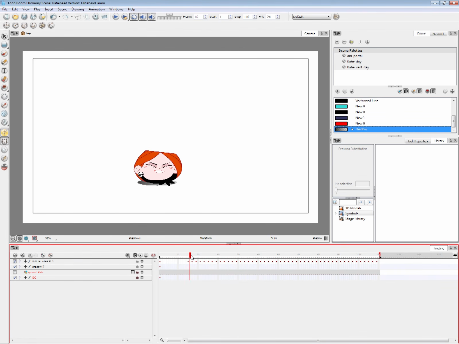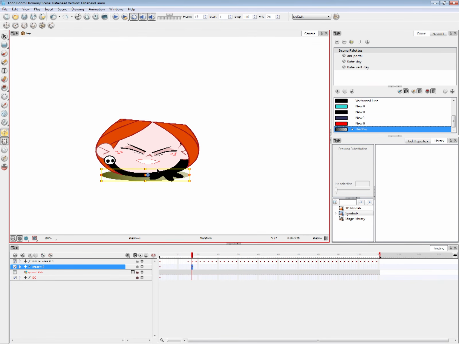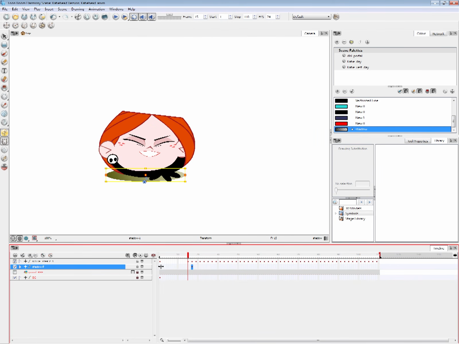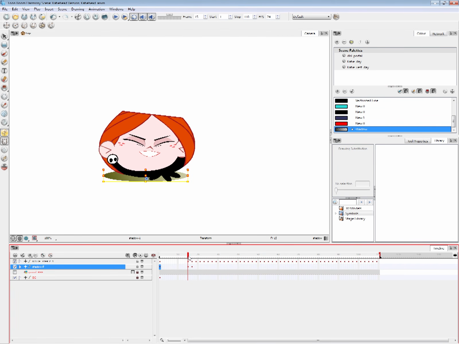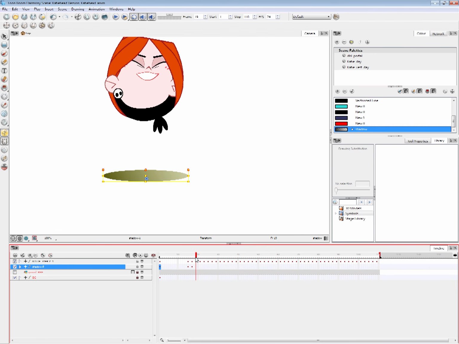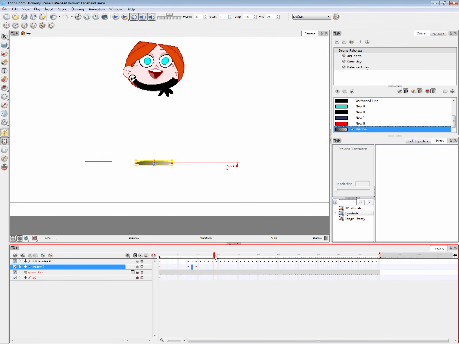So let's animate this. As she's coming down, the shadow will grow a bit. It's gonna be smaller. Hang time.